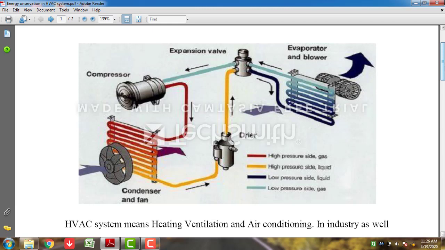And if you put your hand in front of the fan of the outdoor unit, you will observe hot air. So this is all done by this system. Now this is an evaporator or blower, which is our indoor system, and the condenser and fan is the outdoor system. Here we have a compressor. For what are we using the compressor? For circulation of air within the system.